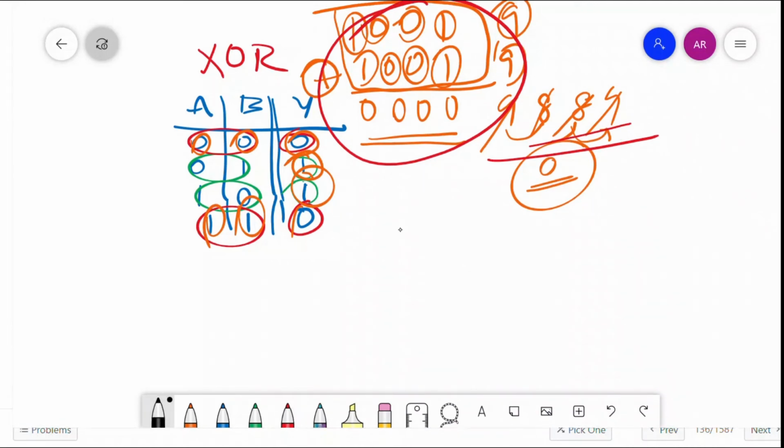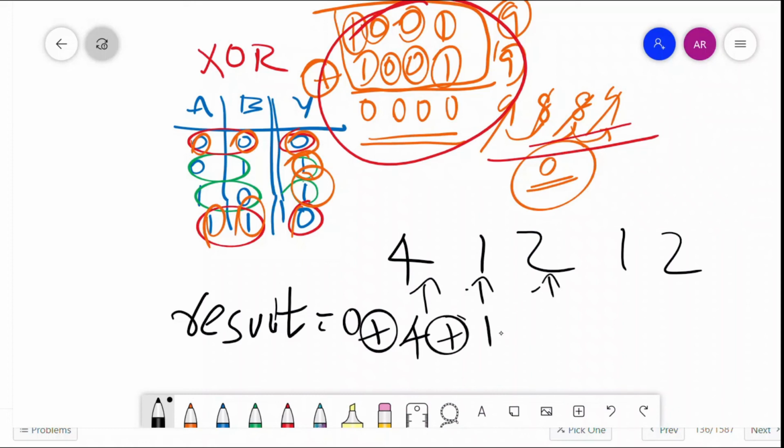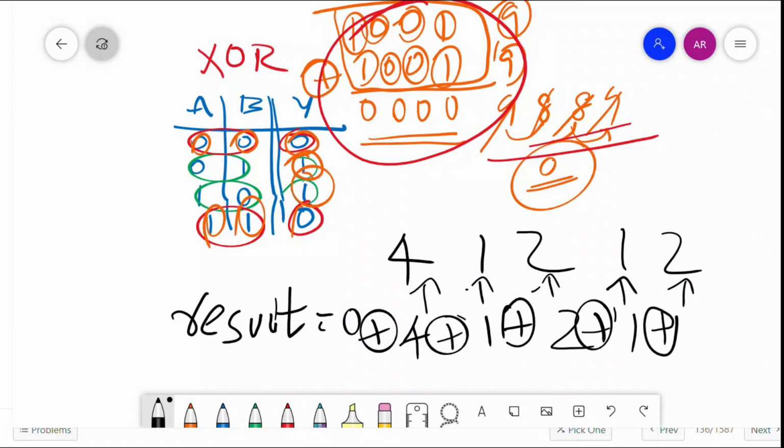If we take their example 4, 1, 2, 1, 2, I'll have a result variable which is initialized to 0. I'll XOR it with the first one, 4. Again I'll XOR with the next one, which is 1. Again I'll XOR the intermediate result with 2, again with 1, and again with 2.